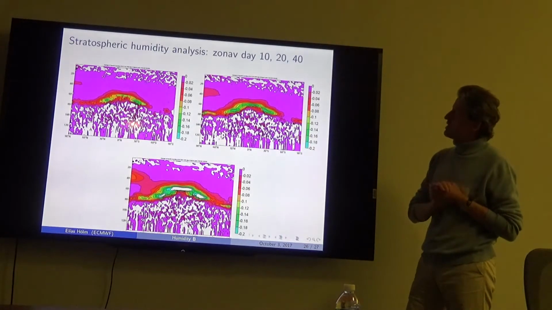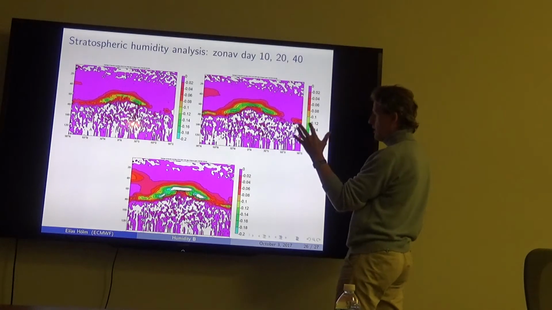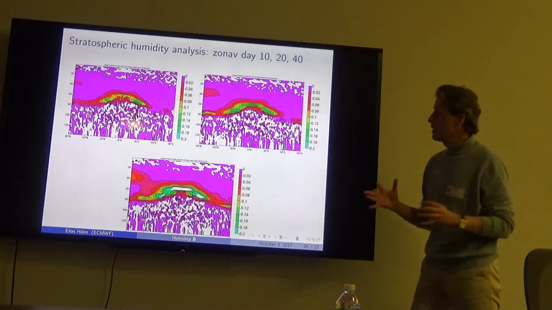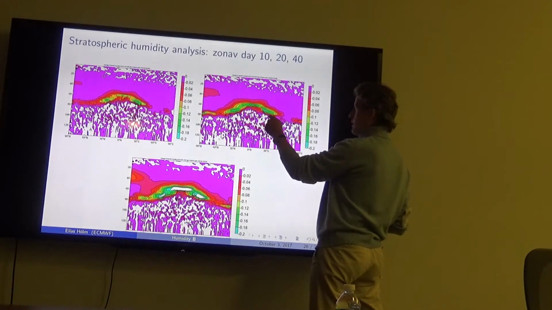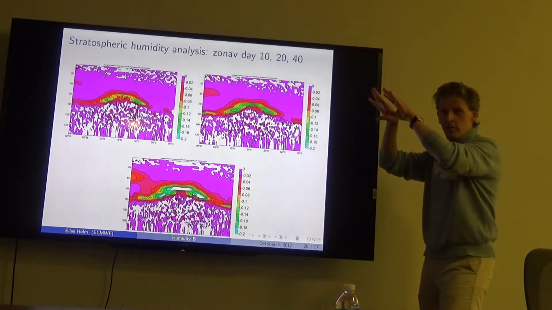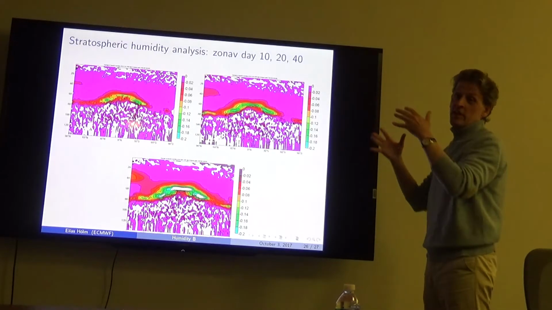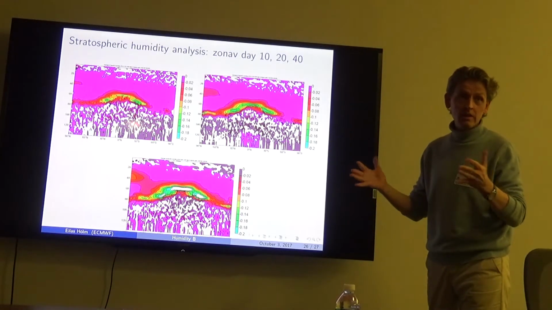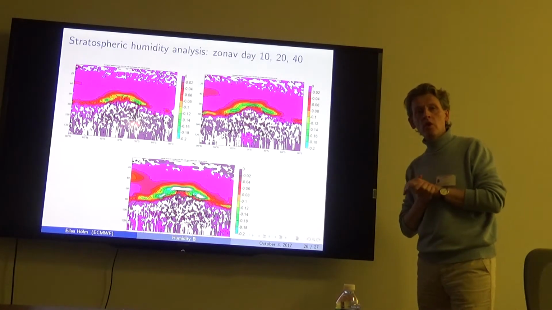This is really what is happening also. We see that there are two processes going on here. First is, we got humidity increments directly from below. The second process is, we get a slow transport of water vapor, which has a time scale of over half a year, from the tropics to the extratropics. That is really what we found in our earlier experiments, that